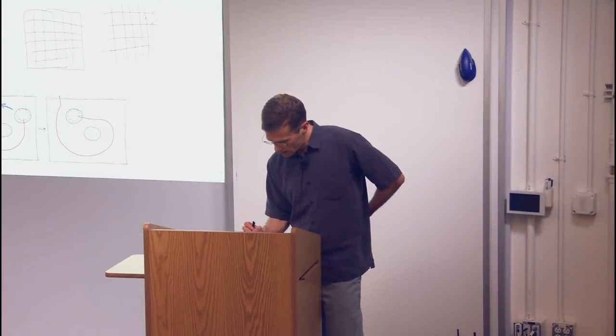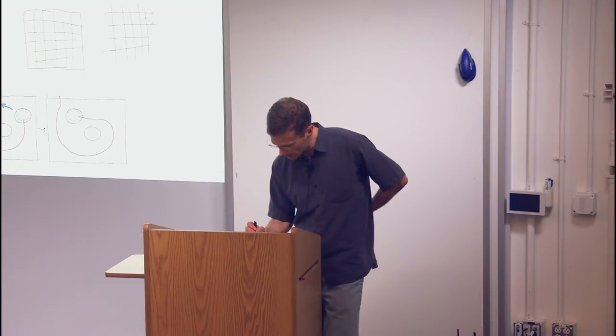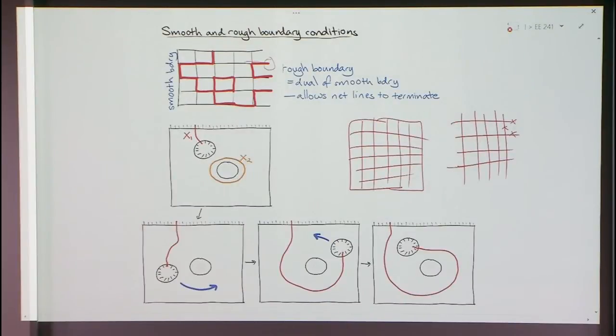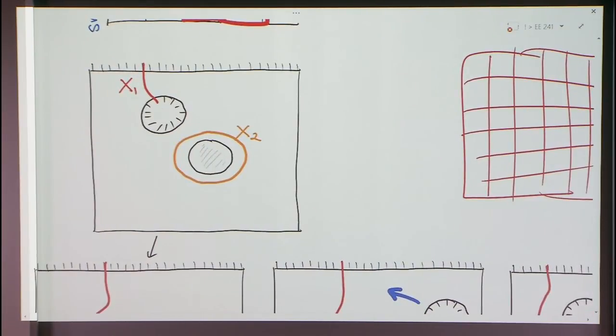And so we can use a different encoding. So here, what I've done is I've taken the surface. I have a rough boundary on top and a rough boundary for the first hole, and everything else is smooth. And so now logical x for the second qubit is the same as before. Logical x for the first qubit is just going to be an x from the rough boundary to the other rough boundary, to the rough boundary of the hole.